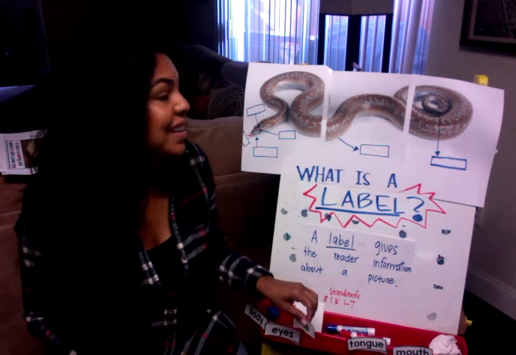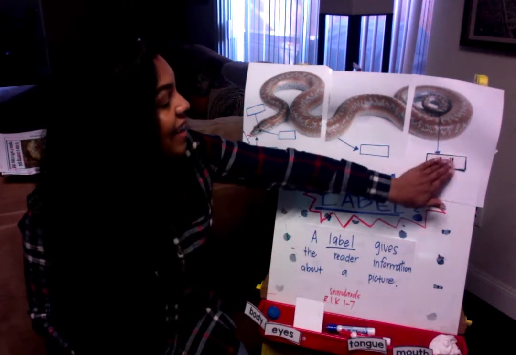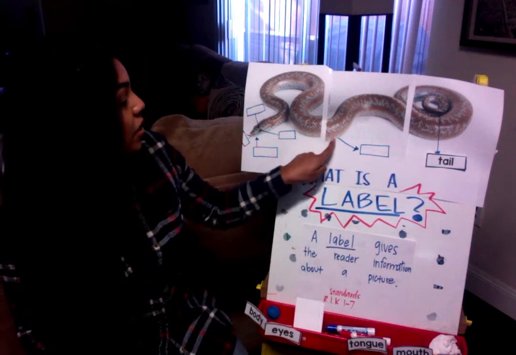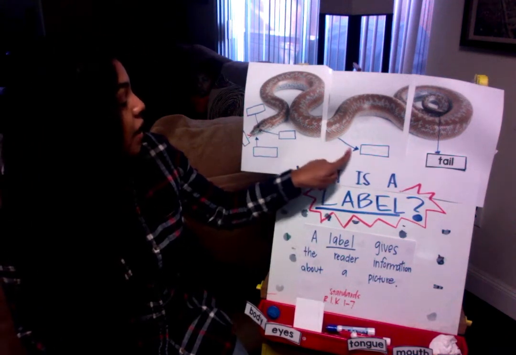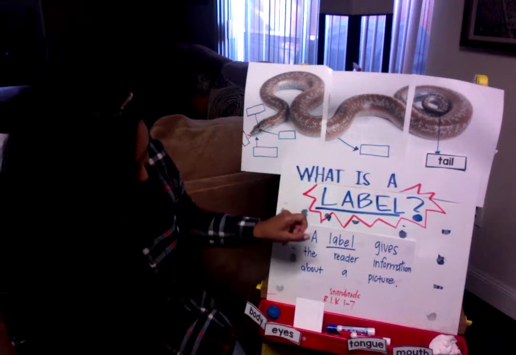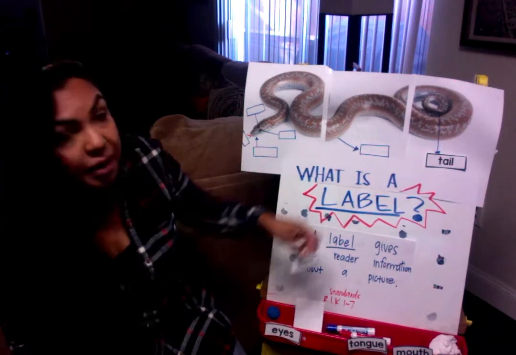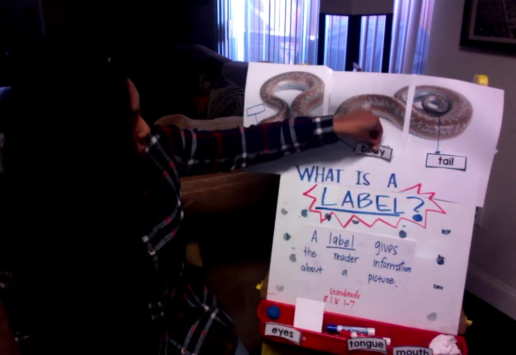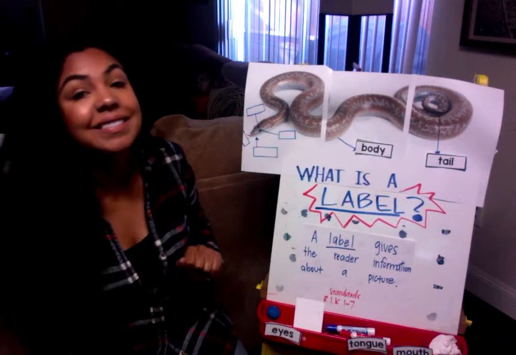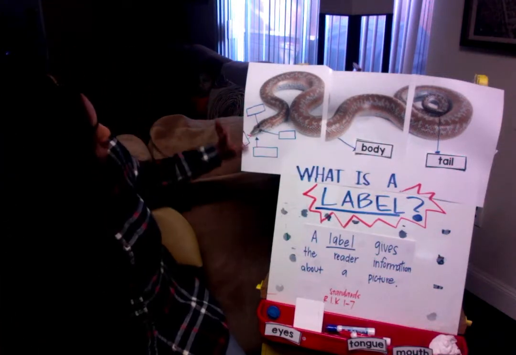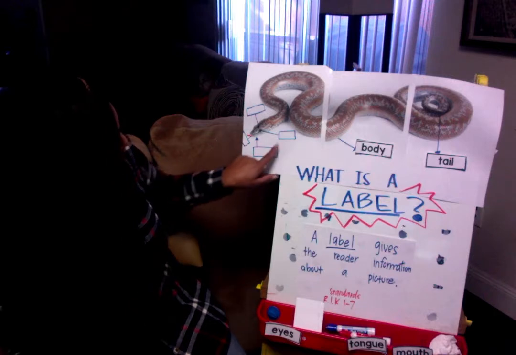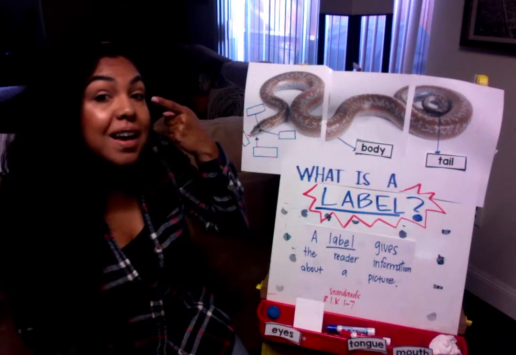Good. You said it already. You are correct. It is a tail. Now here, it looks like it's an arrow pointing to a body. Good. So I'm going to look for the word that says body, and I'm going to put it right there because that is a body. Now up here, I have a lot of body parts. So let's start with this one. Looks like it's pointing to that